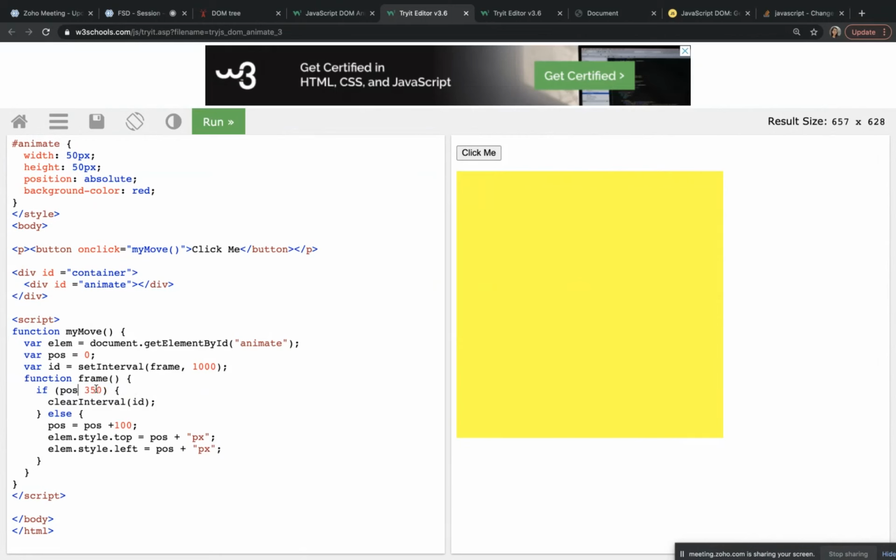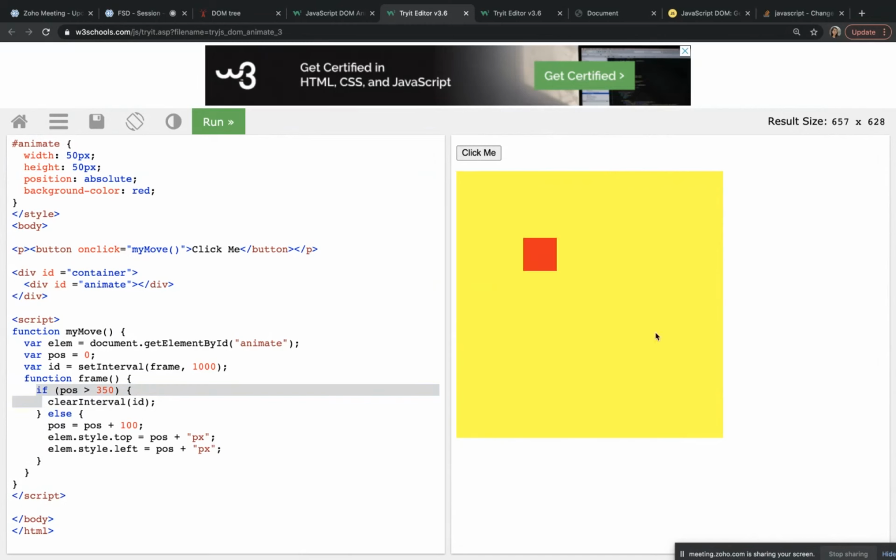Okay, greater than 350 we need to write, because they were increasing it by 1, so definitely it will reach 350. But I was increasing it by 100. So it will be 100, then 200, then 300, and then it will go to 400 directly. So this condition was not satisfied, so it went outside, but now it will work.